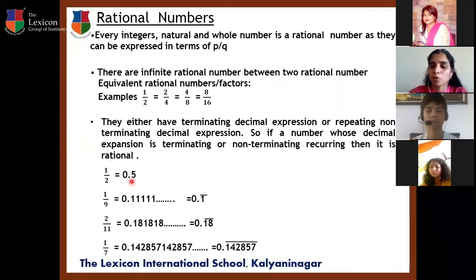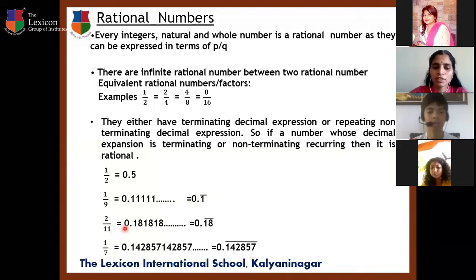Suppose 1 upon 2. 2 is not divisible into 1, but we will put 1 point and put 10. In 10, 2 is divisible 5 times. 5 twos are 10, then the remainder will be 0. That means after getting the remainder 0, that decimal is terminating. But in the other case, it will not terminate, and the same number is repeating. What is meant by that? You are getting the same remainder. I'm not explaining this much here because I'll explain it with the division method.